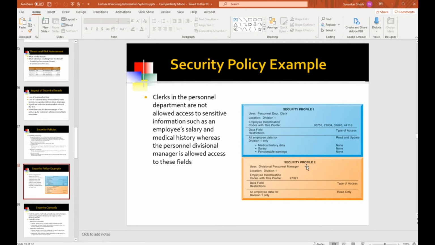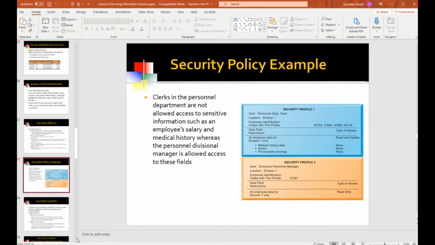So this is a policy that is saying that, well, if you're a clerical person in the organization, the HR department, you do not have access to salaries of people. But if you're a manager, yes, you do have access to salaries of people. So that's just an example of a policy applied at the user level in terms of the level of access that they have to different types of information.